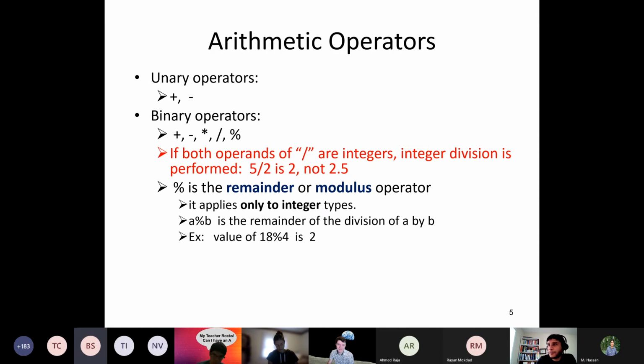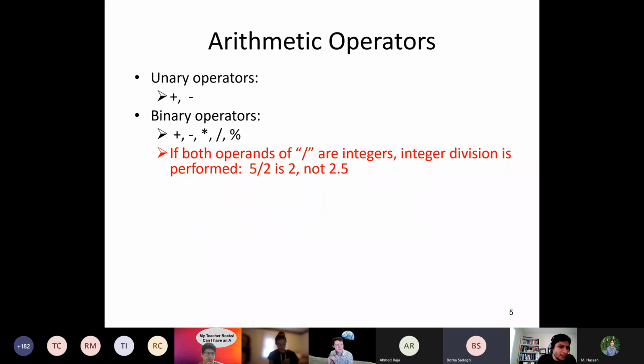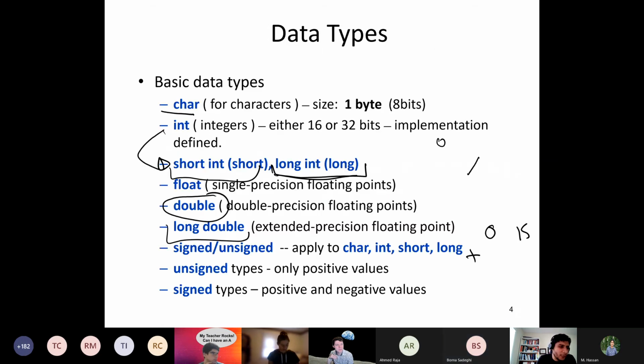Yeah, I was wondering about the signed applying to a char. I know char is probably represented in the system by a number, but what would a signed char be useful for? Okay, so that's a good question.